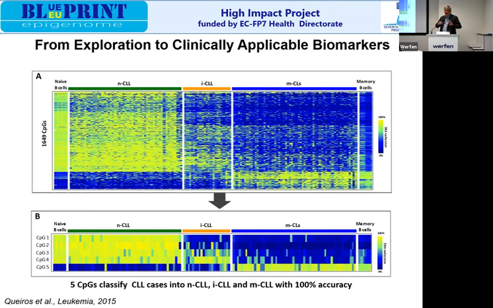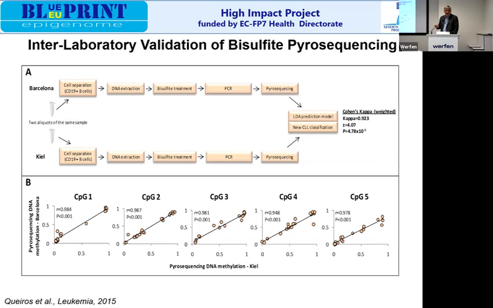But if you want to break it down to a more common technology, you can do pyrosequencing, bisulfite pyrosequencing. And we did a study between Barcelona and Kiel at that time, comparing the results. That was a very sophisticated design, which had the idea to also do technology validation and see how comparable the results are. And you see there's a Cohen's kappa of 0.9, which is exceptionally good for bisulfite analysis in both laboratories. So that's quite a valid technology.